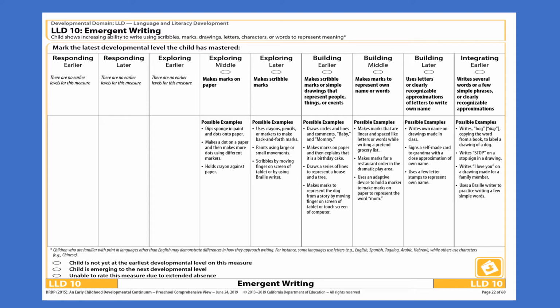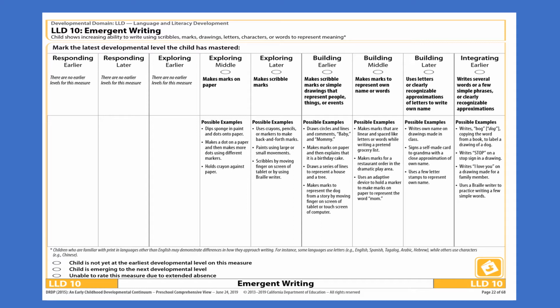The way that the DRDP is utilized is to help interpret all of the authentic assessment data. So if you were creating portfolios of your classroom students, you'd be looking at all of these measures, and then you would be having multiple data points for each one of these measures. The way that we utilize it in our class is that we're going to have activities, and we're going to have these as the standards of the activities, and then we're going to interpret that work based on the standards.